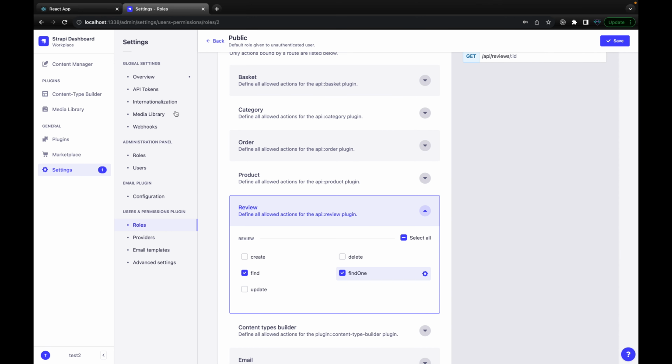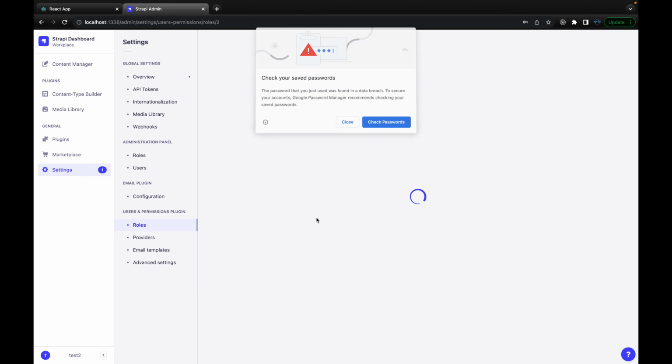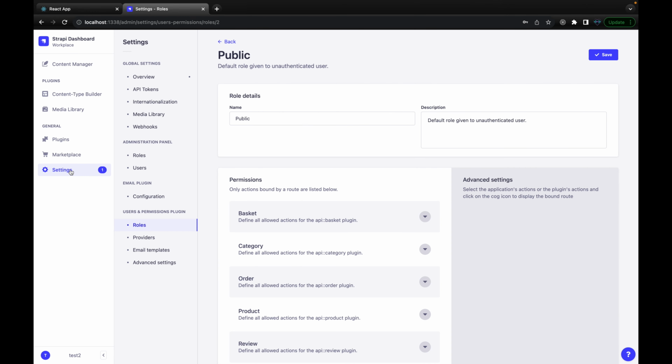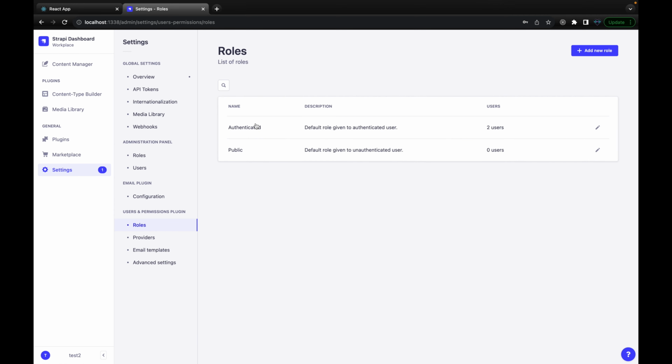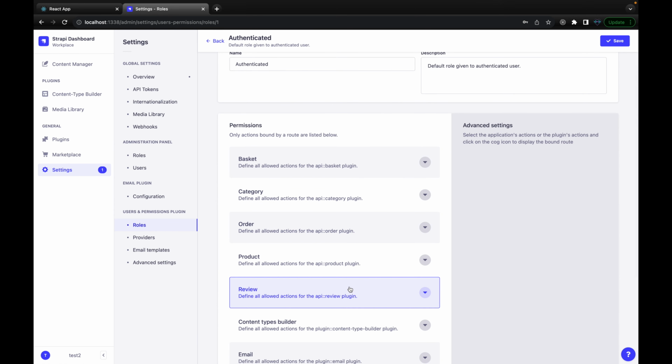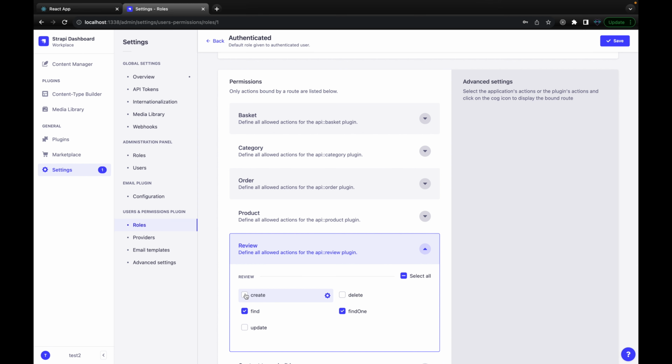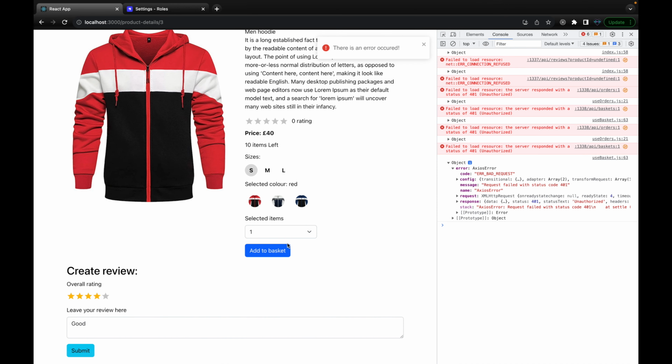Okay, let's go back again and make sure we allow all users to access this review. Because the permissions are updated, go to authorized and go to review. Oh, we need to add create because we didn't add create. So this should also be able to create. So now if you try it again,